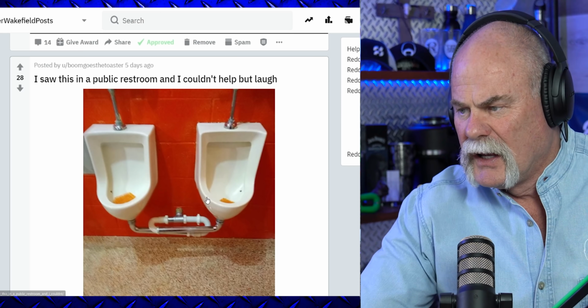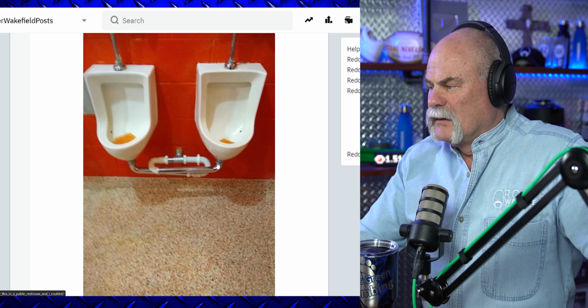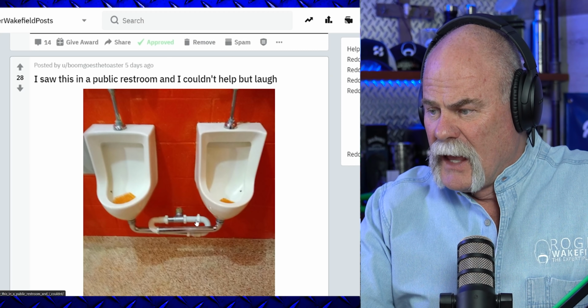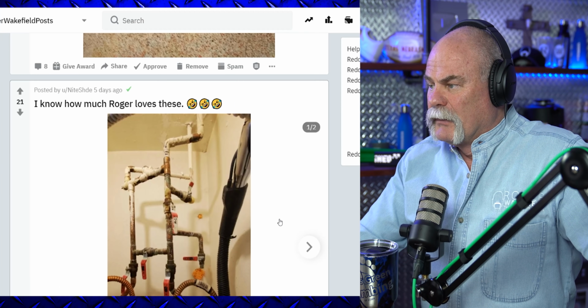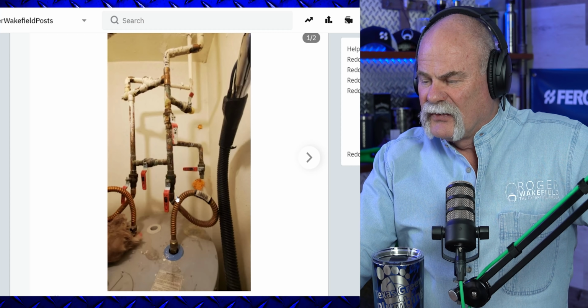Boom goes the toaster. Number one, that is the wildest looking installation I've ever seen of a urinal, or two as a matter of fact. I'd be so busy laughing at the urinal, the piping, I don't know if I'd be able to use the restroom. Yeah, I know how much Roger loves these. Man, that is just,